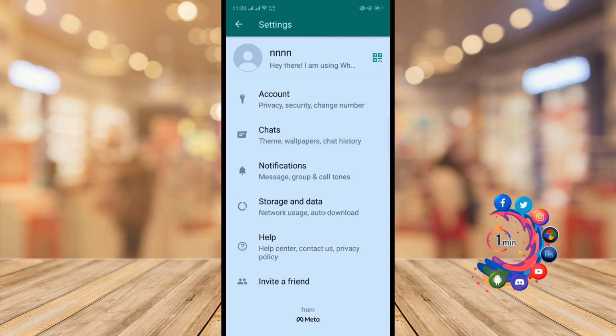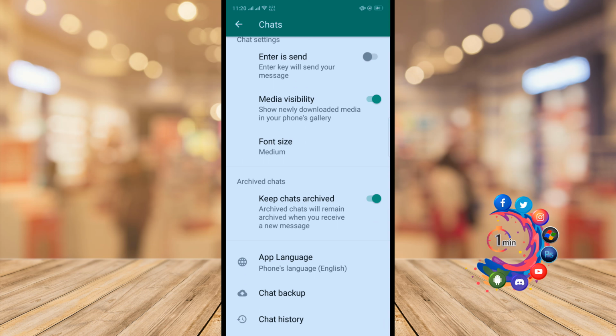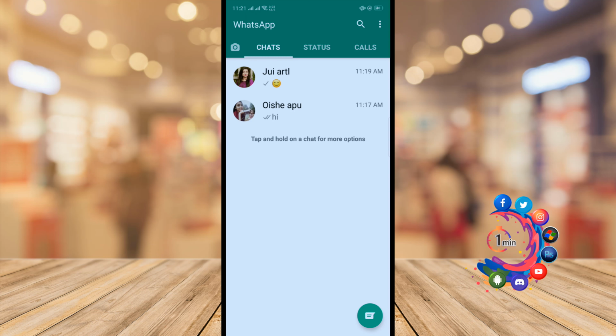settings and click on chats and scroll down. Then here we can see archived chats. Keep chats archived, so we have to disable this option, and then here we can see the archived box has